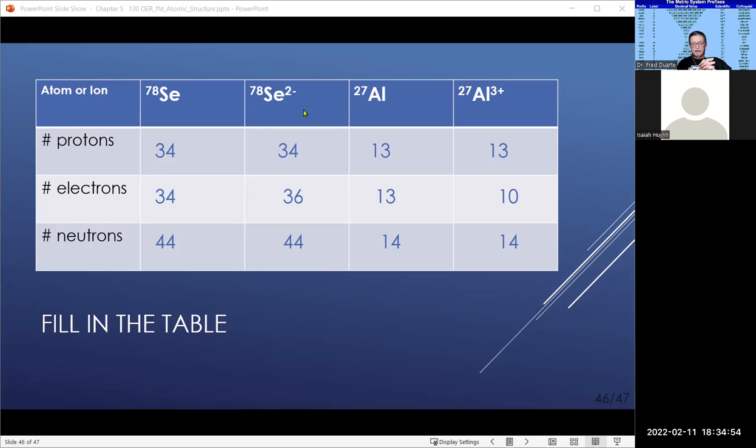Aluminum has 13 protons and 13 electrons when it is neutral, and it has 14 neutrons. It is a metal in group 3, so it loses 3 electrons. It still has 13 protons, but now it has a total of 10 electrons, and nothing has happened to the neutrons. So when doing this table, be careful, read the formula correctly, and make sure that you are dealing